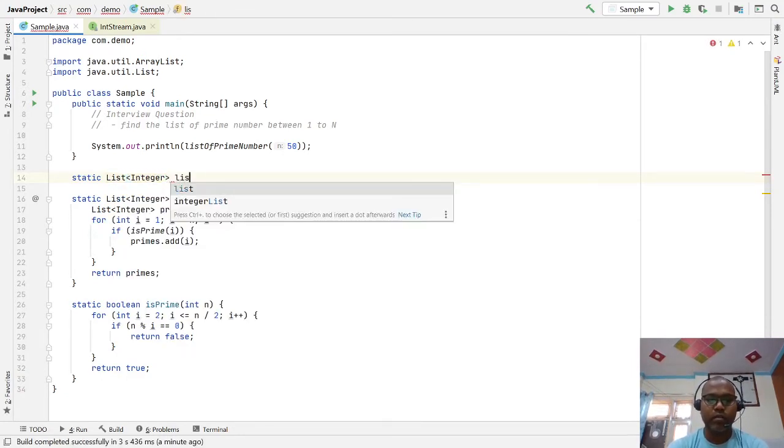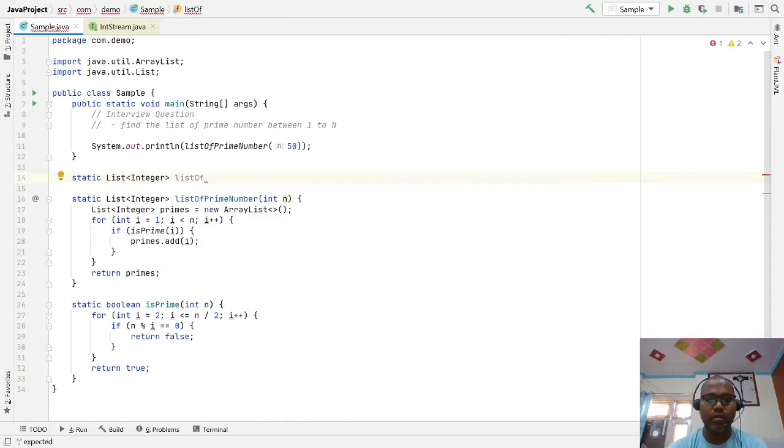A list of prime numbers from a number, and it takes a number n.